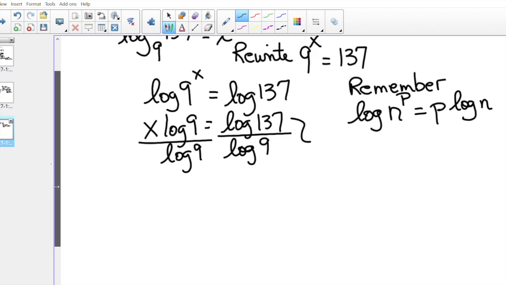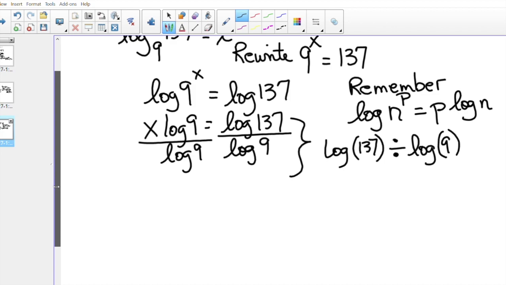And so that's where the calculator comes into play again. On your calculator, there's a button that says log. So push the word log. Now it should open up parentheses for you, and so you put 137, but close that parentheses around that 137 before you divide by the log of 9. Now close that parentheses. Now push in your equals. And the answer should be x should equal